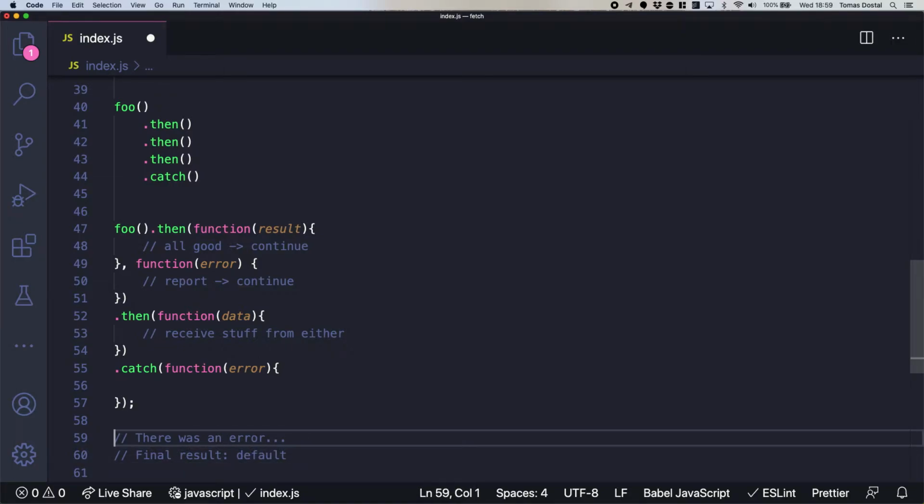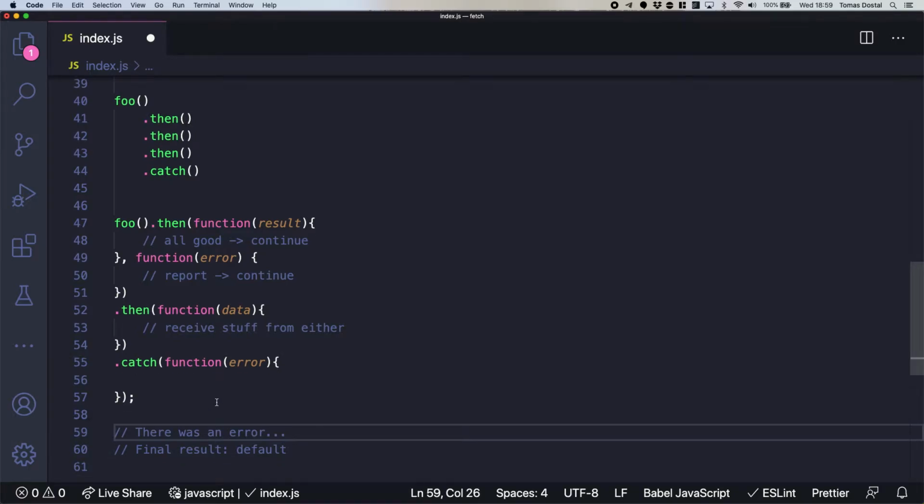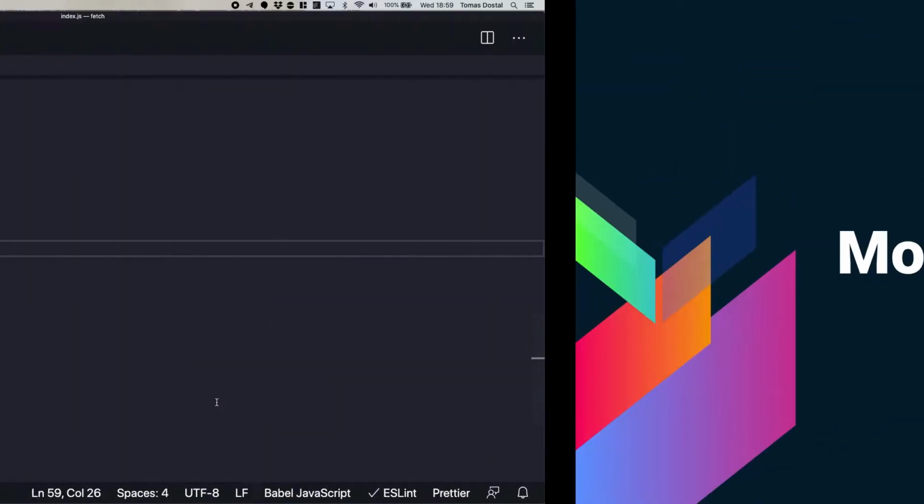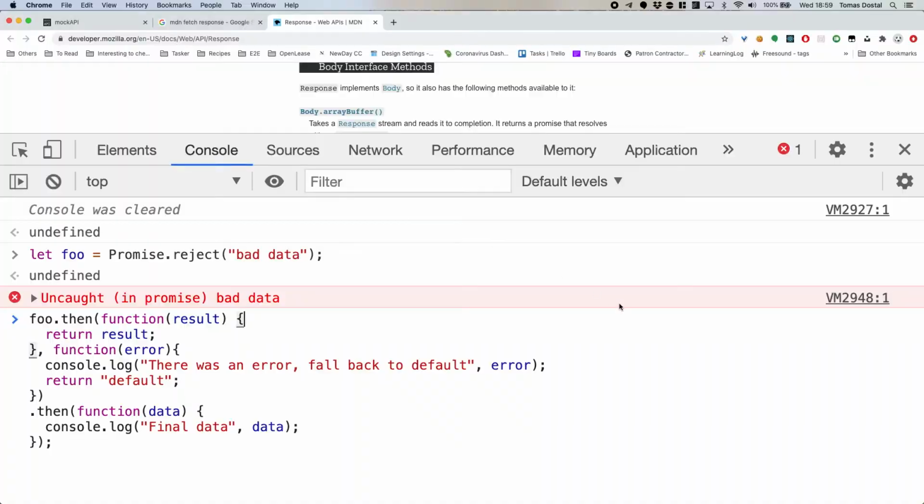So this is what Thomas is saying, we will see. What do you think, Ricardo? So foo is getting the promise. So foo is defined in here.